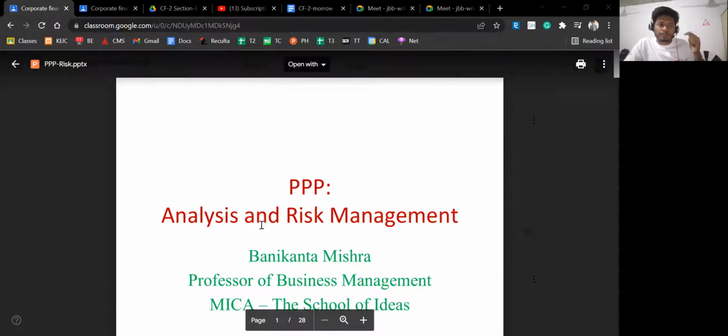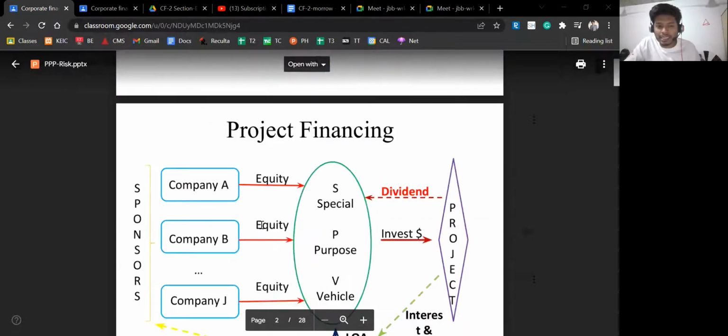Now, through this entire thing, we are asked what will be the return on investment for the debt, what will be the return on investment for the government, what will be the return on investment for the company, and if you want to achieve break even point, what should be the minimum toll tax that they should charge. Okay, so that's the entire thing.